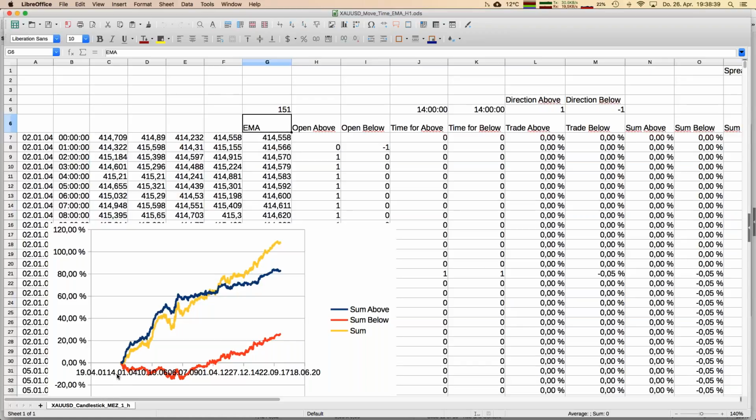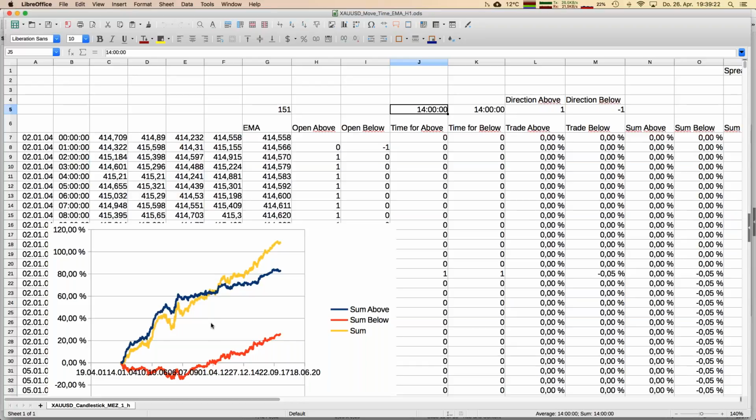So we look at the last 14 years of data, and you see already that I started with 2004 with the data here. And I simply summed up all those percentage moves for that kind of rule I mentioned within my last slide. So we use an EMA of 151. We use the time 14, the same time for being above EMA or below EMA. And the equity has 3 lines here,